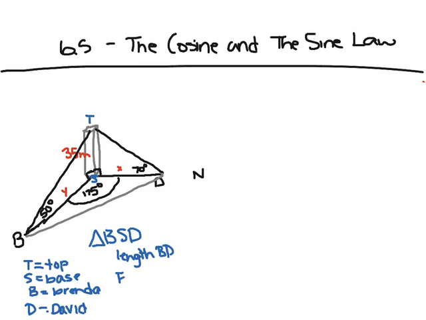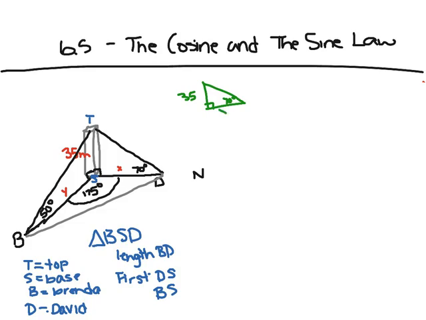So first we're going to find DS, then we're going to find BS, and then we're going to find side BD. So first, if we look at DS, we have a triangle like this, a 90-degree triangle, 70 degrees, 35,